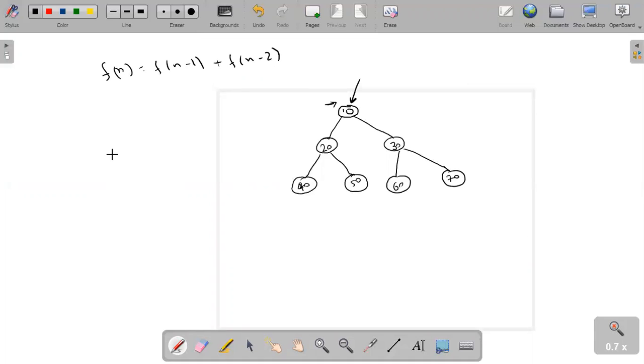Here, can we write something like print of 10 is equal to print of 10's left, and I'm not doing the plus, I just need to print because I don't need to add, and print of 10's right.